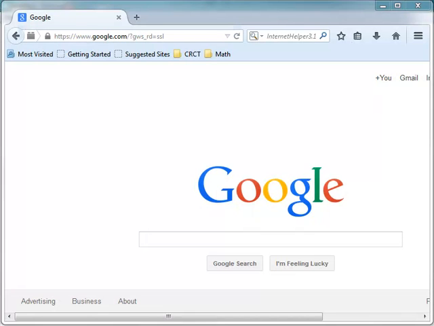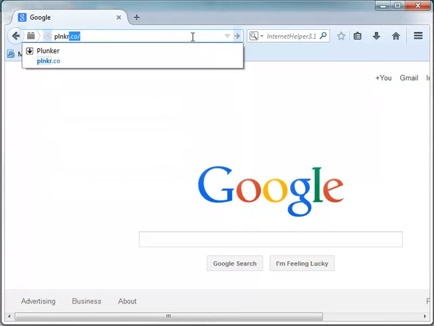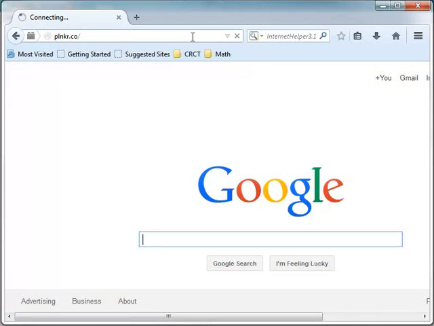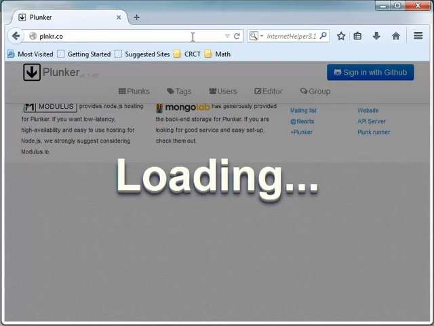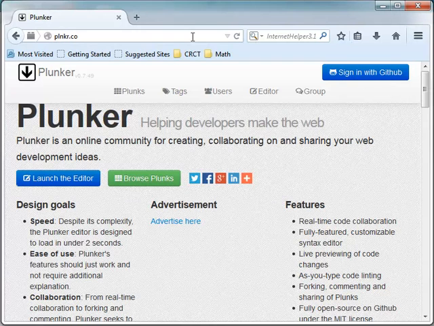And there's one way to do this, and that way is basically on your browser, just go to Plunker, PLNKR.co, okay? And notice it's plunker.co, not plunker.com, and it's also PLNKR. There's no U in there, okay? So it's not spelled out. So plunker.co. If you go to that page, it would give us the location where we can use our development tool. And it says in here, launch the editor, right? So if I click on it,